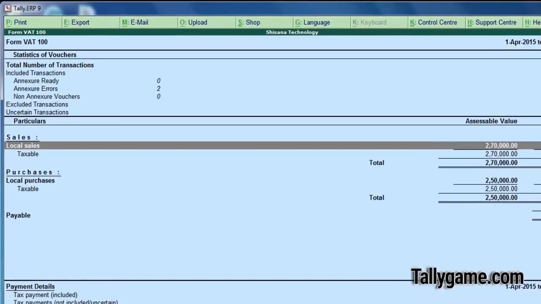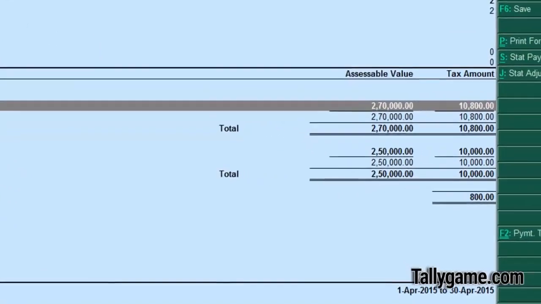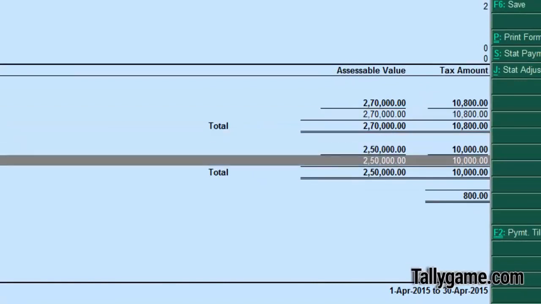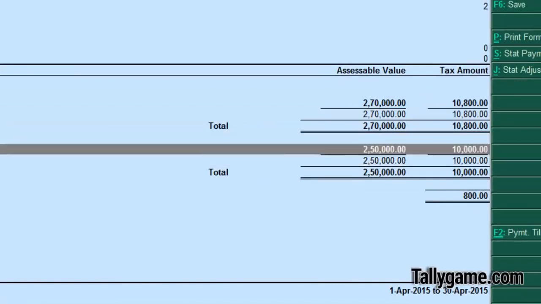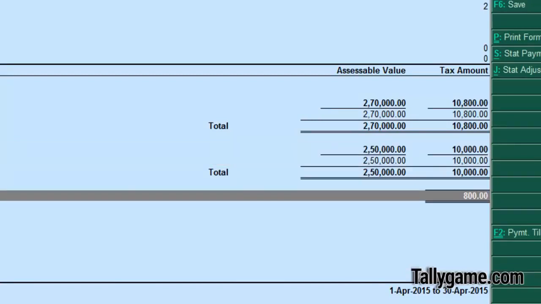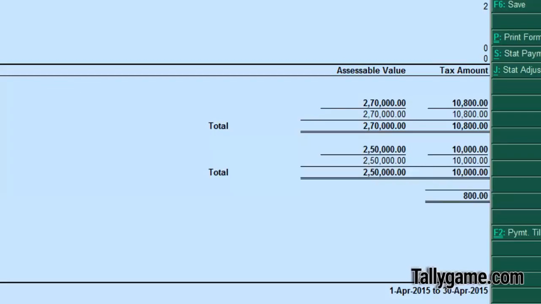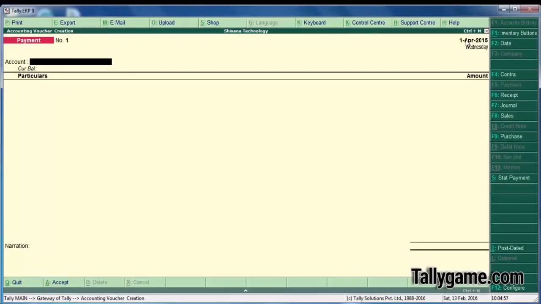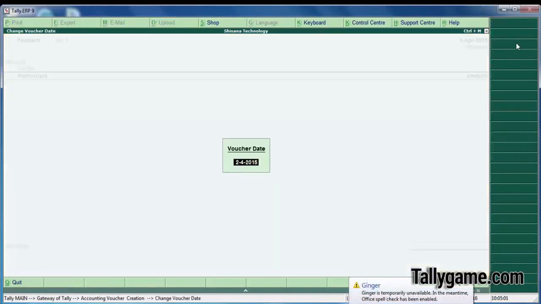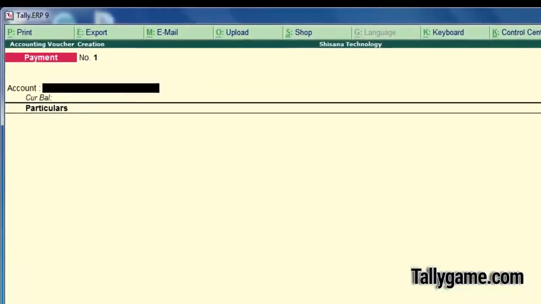Assessable value is 2,70,000 for 10 computers, and tax amount is 10,800, and local purchase is 2,50,000, and tax paid on purchase equals 10,000. So tax payable is rupees 800. 10,800 minus 10,000, so we have to pay that amount, make that payment on 1st May 2015.